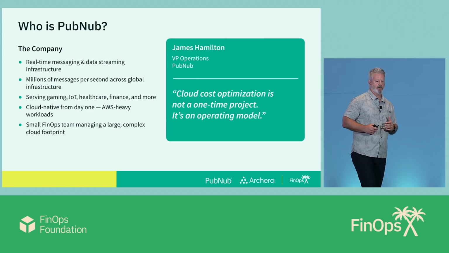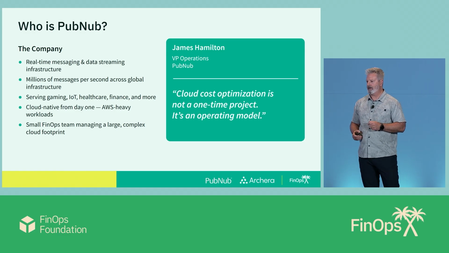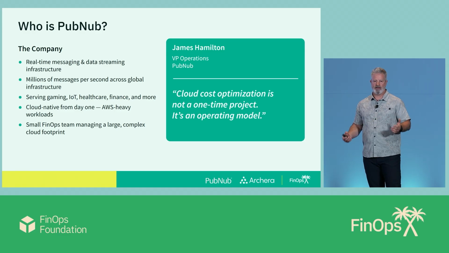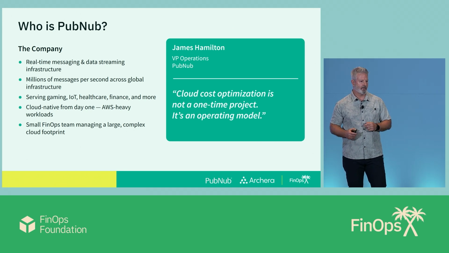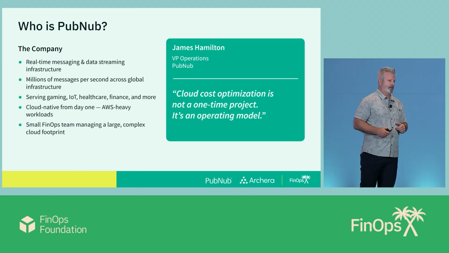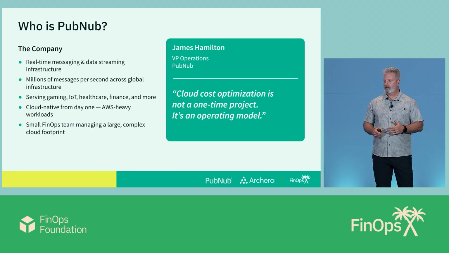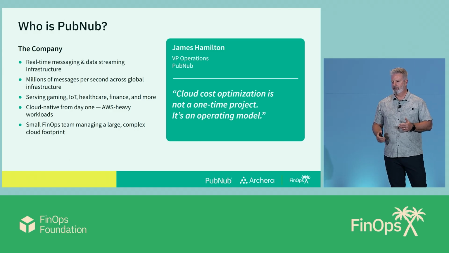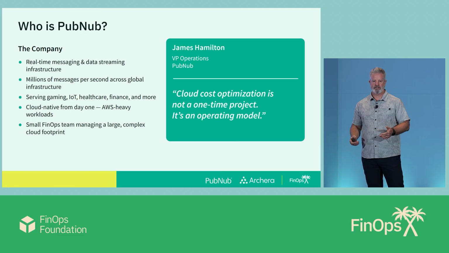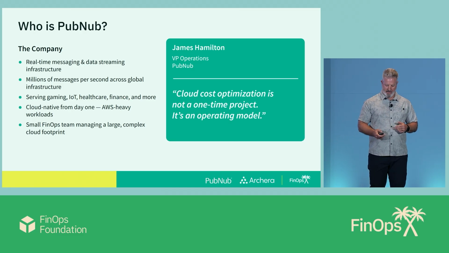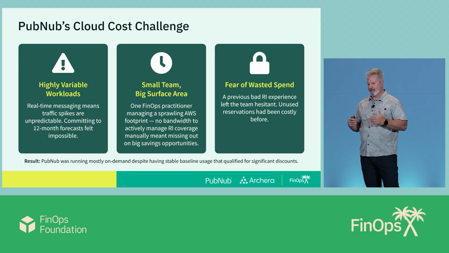We do this all across a variety of different industries. We run a global infrastructure with 5 regions all around the world so that we can have less than a quarter of a second latency to all of our customers. We run a cloud application. We're primarily on AWS, and we run it all with a relatively small FinOps team. So you can imagine there's quite a bit of challenges with an on-demand real-time application. It leads me to a couple of our cost challenges.